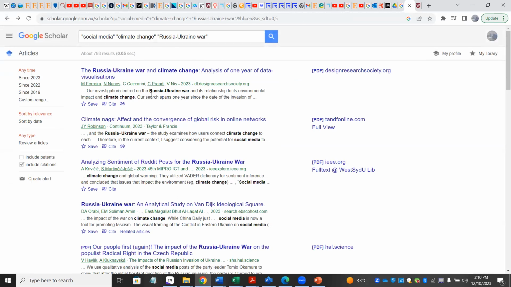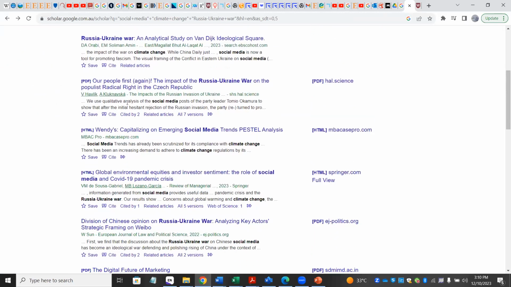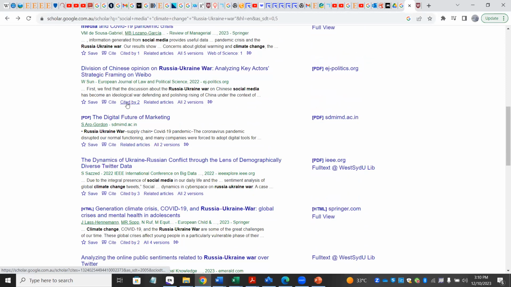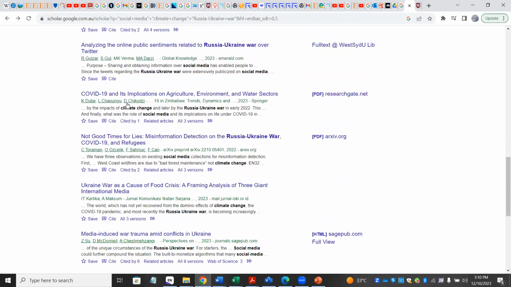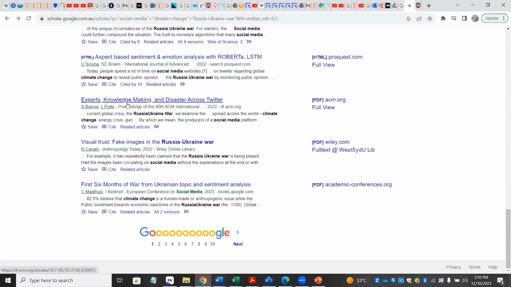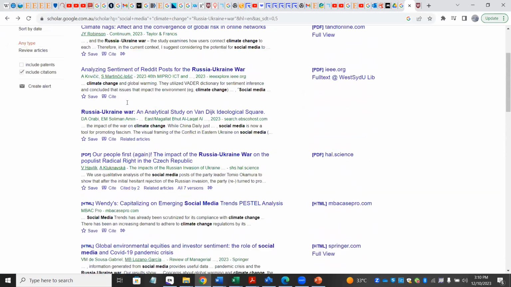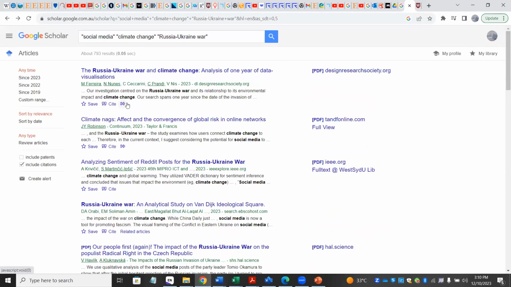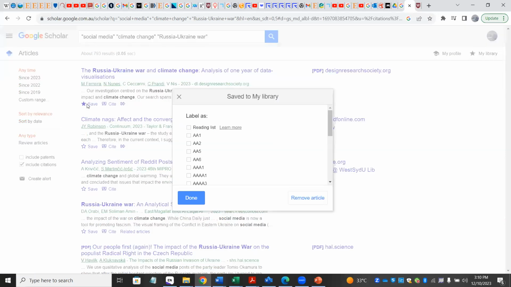So here, I'm assuming that all the papers here are important to the work I'm doing or the work I'm going to do. So I'm going to save all of them. The one thing about Google Scholar is that you can't save straight away, unlike other databases, which I'll take you to. So what you have to do is just click on save, and then you create it. When you click on save, it will take you to